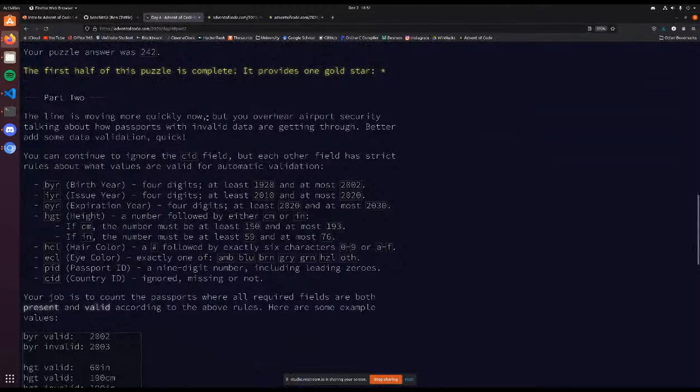now it says, okay, invalid passports are actually getting through your security. We can continue to ignore the CID field, but for each other field, we now need to actually look at what the contents of the field are. We need to make sure and validate each one. So it gives us the new conditions for each field here. Every passport has a birth year, and the value of that birth year is 4 digits, at least 1920 and at most 2002. And issue year is 4 digits, at least 2010, at most 2020. And